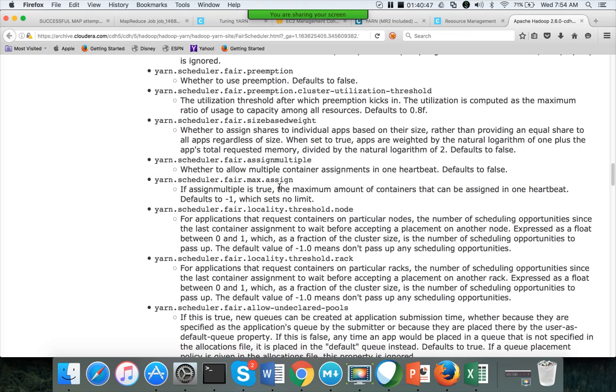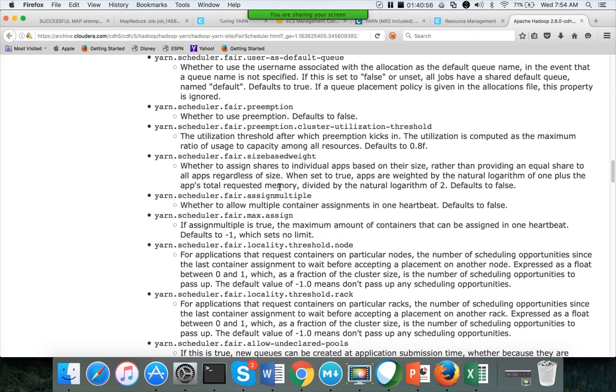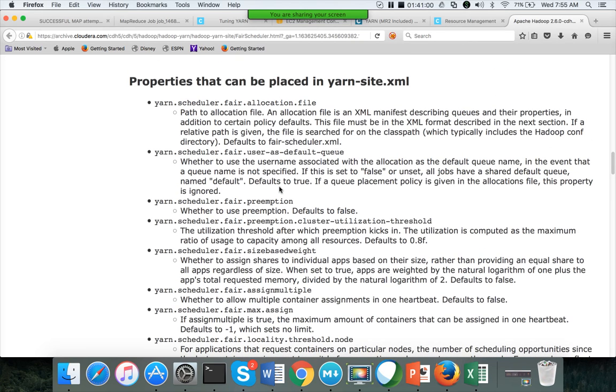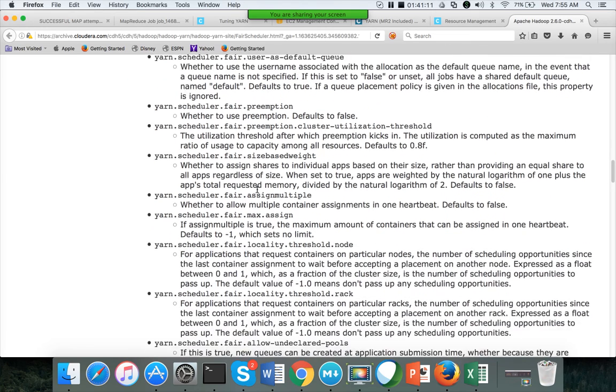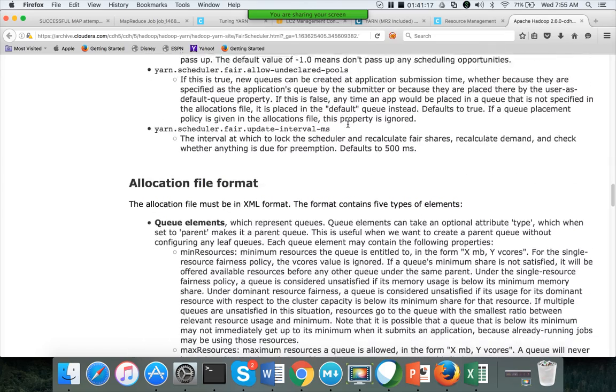It is not important for you at this time to explore the fair scheduler in detail, but slowly, when you start setting up the cluster, you have to understand these parameters in detail and how they behave. Whatever knowledge you have gained so far as part of the class is more than enough to get started. These are the fair scheduler parameters, and these can be placed either in yarn-site.xml or in a different XML file.